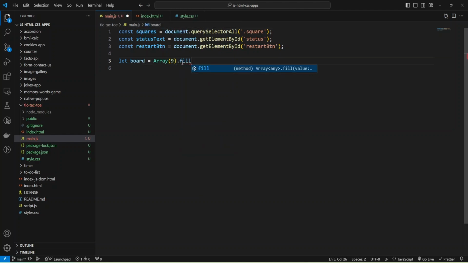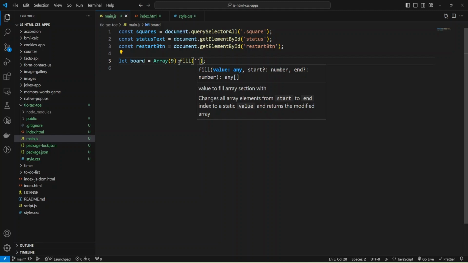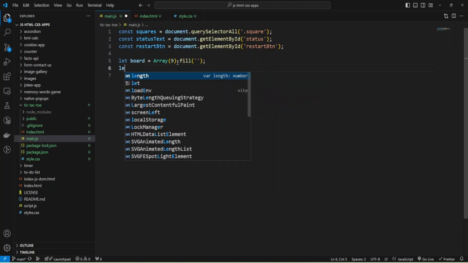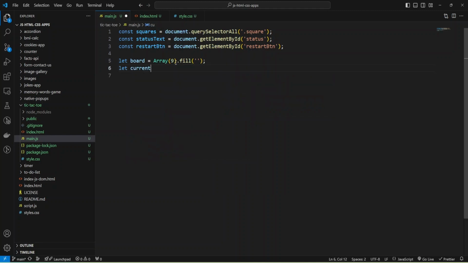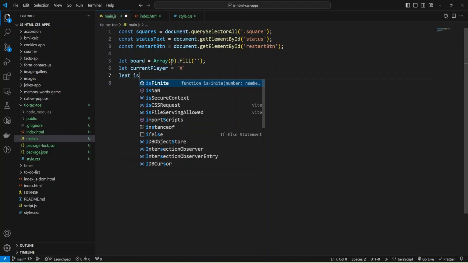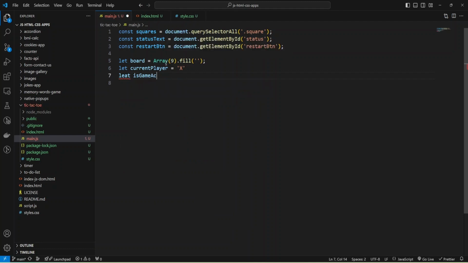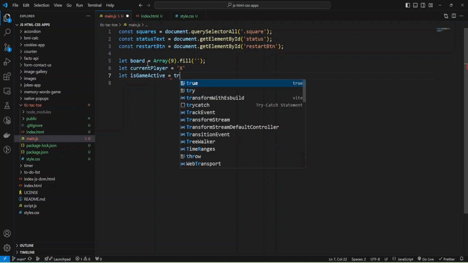And let me fill with empty strings, and also we can add current player. Initially it will be x, and also we need some variable to check if the game is active, and initially it will be active.